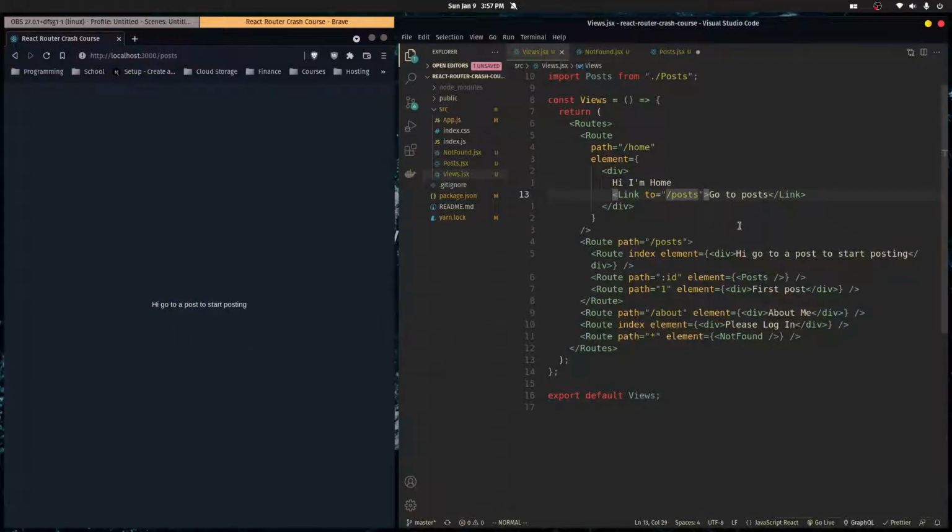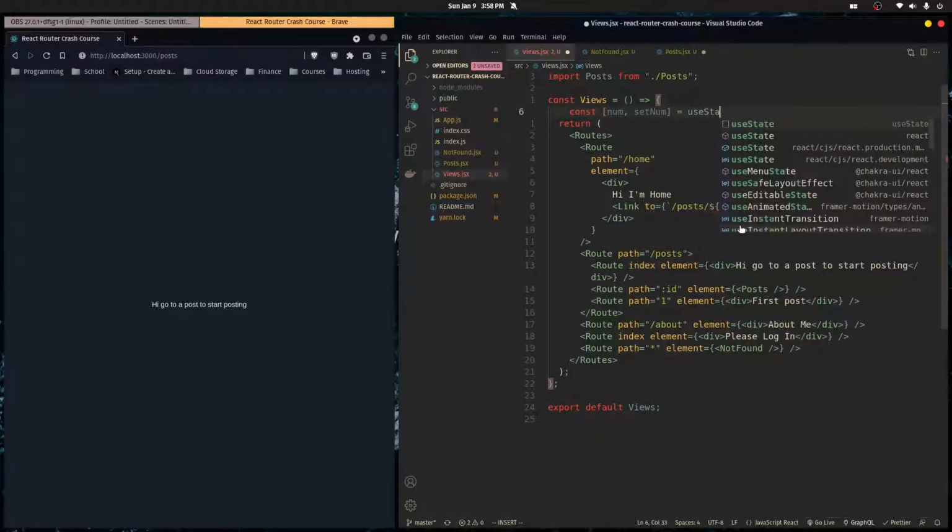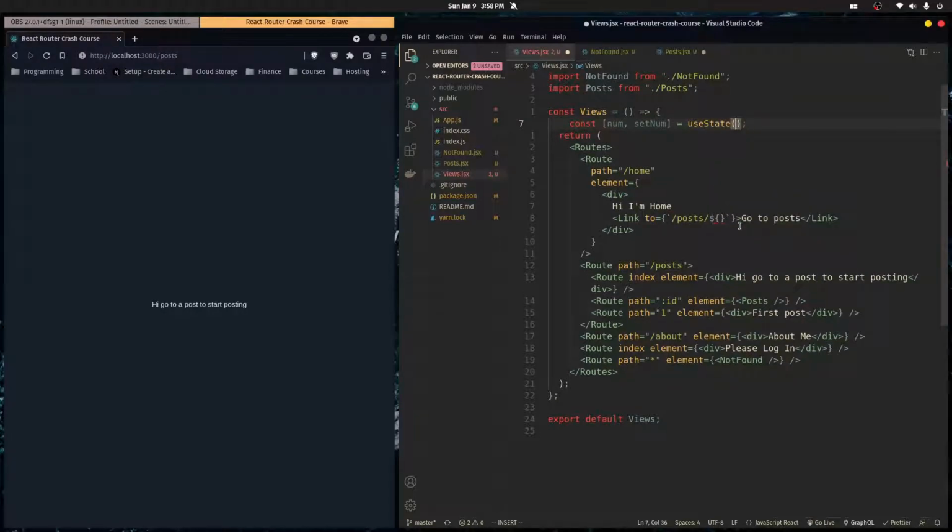And obviously you can do whatever logic you want. You can make this a string template literal, right? And then this can be JavaScript here. And then here you pass in like a number, right? And then that would be up here, const [num, setNum]. Just for an example, and let's say you have number 2, you could pass it in here, and when they go to /home and they click here, it takes them to /post/2,